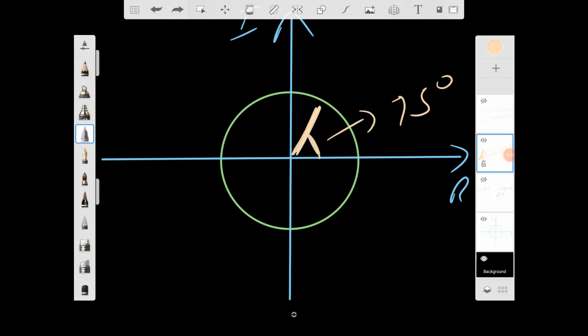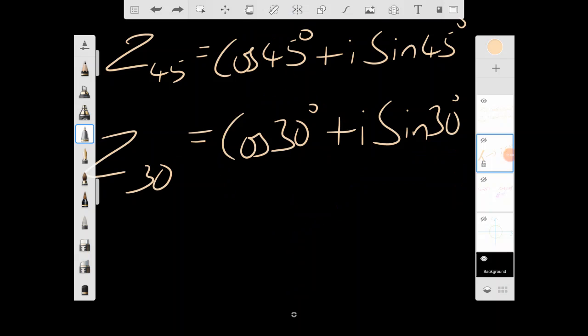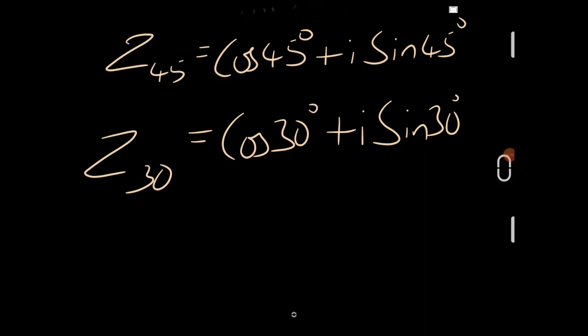So to get 75 degrees, I only had to multiply the complex number of 45 degrees and the complex number of 30 degrees of a unit circle. Do you understand? Now I don't know whether it's easy for you, but it might feel a little hard. Don't worry, this is not in the syllabus. I'm just telling this for your information and to make you understand what is actually happening. So if I multiply these two values,